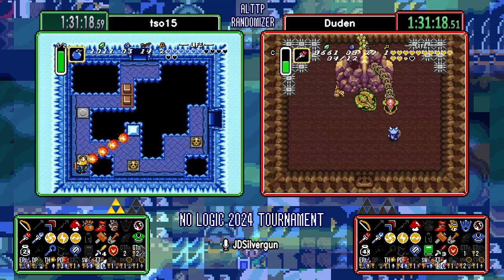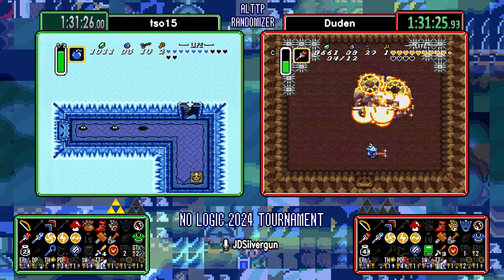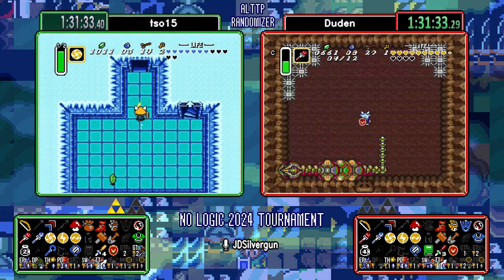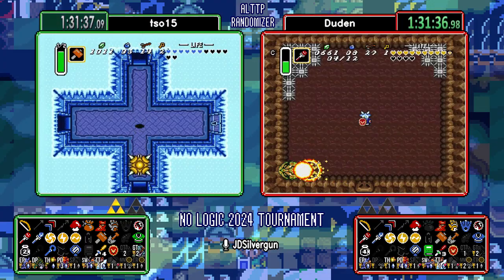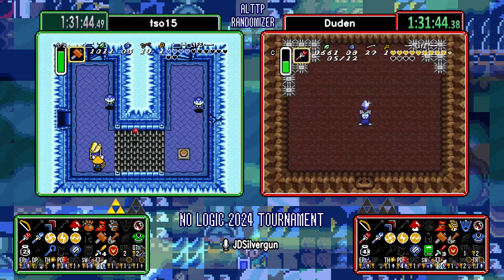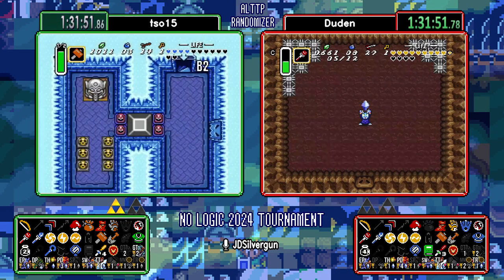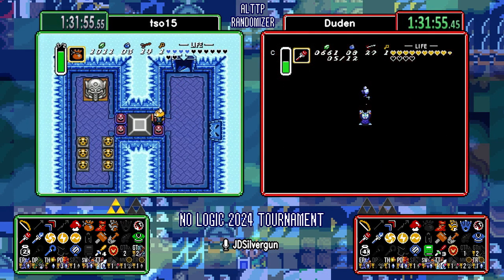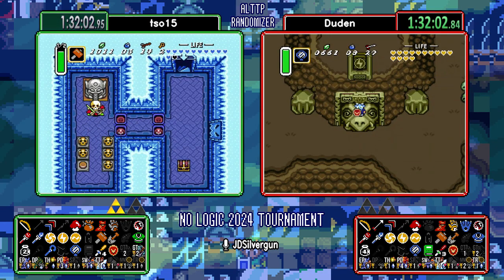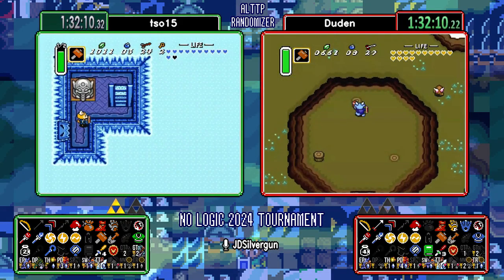But nonetheless, we're here. We're going to kill a 3-headed turtle. Okay, nice kill. We get silver arrows for our trouble. Okay, so Duden has to do Swamp, and that's it. Well, and Agatu, but